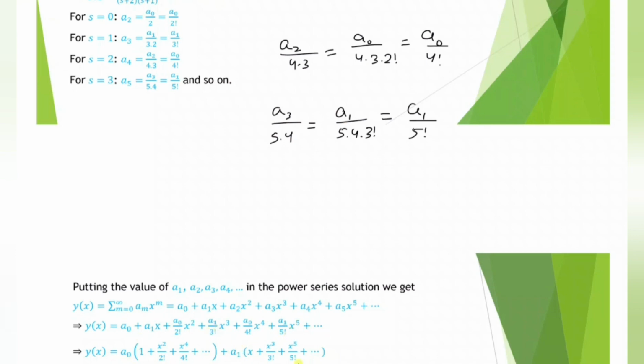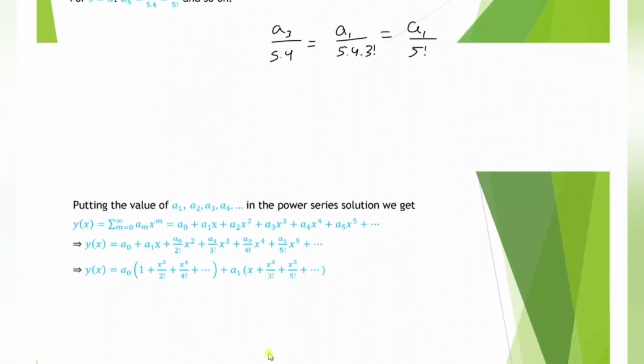अब क्या करेंगे? a0 का कोफिशिएंट एंड a1 का कोफिशिएंट अलग अलग करके लिख लेंगे। ये आएगा a0 into (1 + x²/2 factorial + x⁴/4 factorial and so on) + a1 into (x + x³/3 factorial + x⁵/5 factorial and so on). This is the solution of the differential equation 1. नेक्स्ट वीडियो में हम और दो एग्जाम्पल डिस्कस करेंगे।